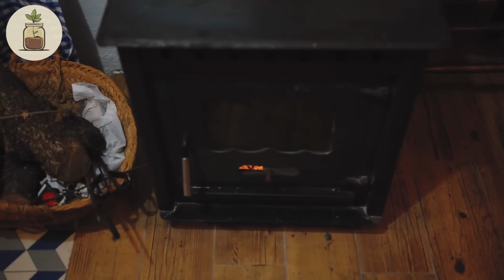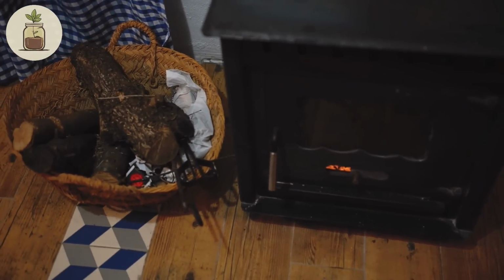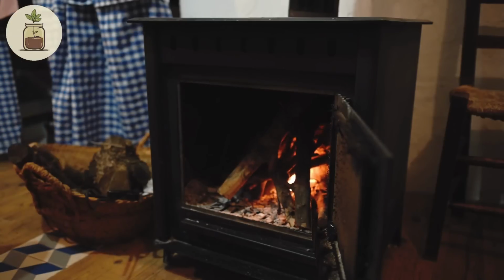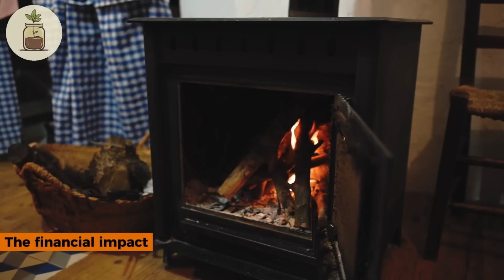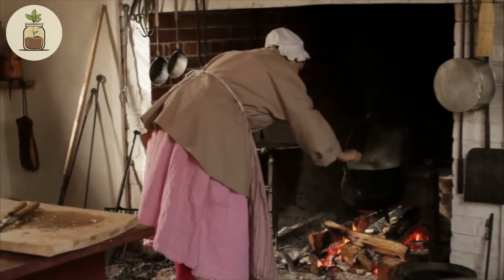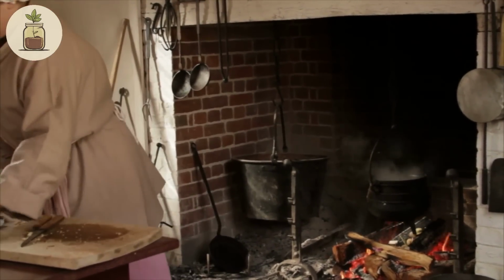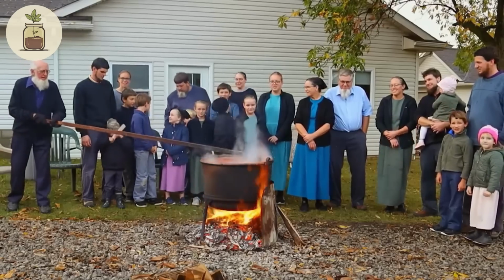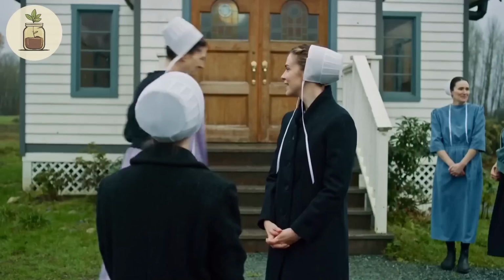This seemingly small difference translates to approximately 1,300 additional BTUs per pound, enough extra heat that a family can burn 1/3 less wood while maintaining the same temperature. The financial impact adds up quickly. A typical rural household burning 4 cords of wood annually saves approximately $280 per year by following these Amish practices. Over a 25-year period, that's $7,000 in savings, all while reducing the labor of cutting, splitting, stacking, and carrying wood